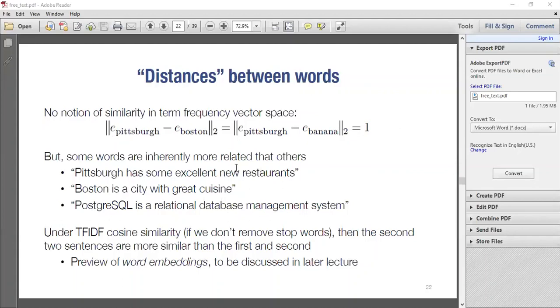Ordinarily, looking at it you will say that the first 2 documents are more similar to each other, in that they are talking about good food within cities, where the cities are Pittsburgh and Boston. Great cuisine talks about food within Boston, and Pittsburgh talks about excellent new restaurants, which also refers to food within a city. But this one is talking about something totally different.